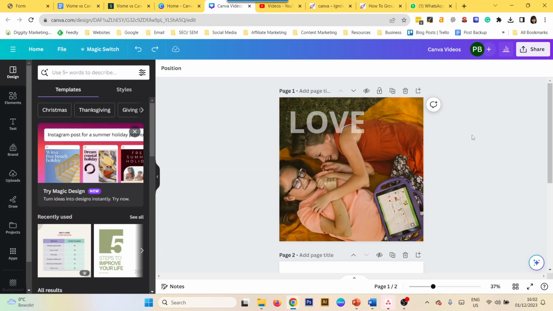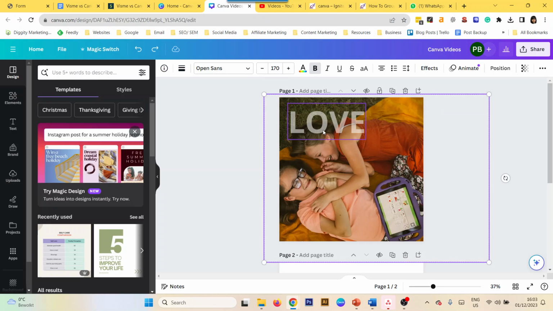Hey everyone, today I'm going to share again a very quick tutorial on how to group and ungroup objects in Canva. By objects, it could mean anything like images, text, graphics. Now, if you've used a design tool like Illustrator or Photoshop before, then you know it works very similarly there as well. So all you have to do is select the objects you need and you click on group,